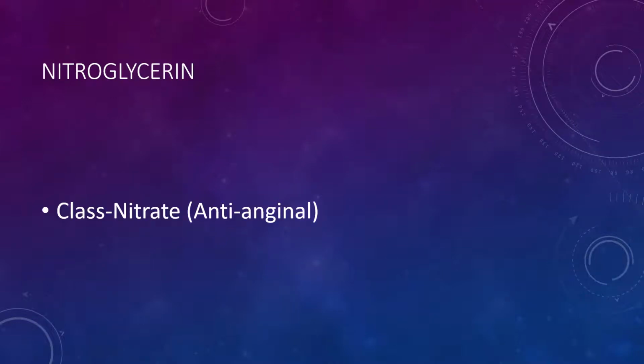All right, let's talk about nitroglycerin. Nitroglycerin is classified both as a nitrate as well as an anti-anginal medication. It is a potent, smooth muscle relaxant used in the treatment of angina. Now, understand in particular, the smooth muscle that it is trying to relax is going to be the smooth muscle